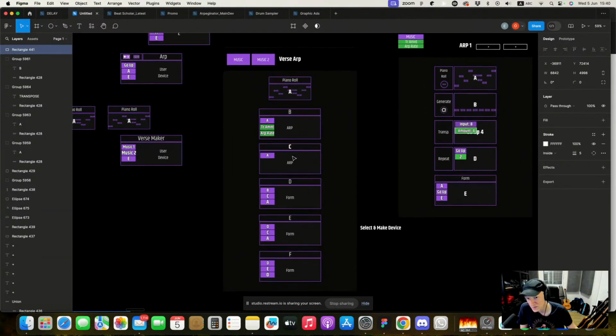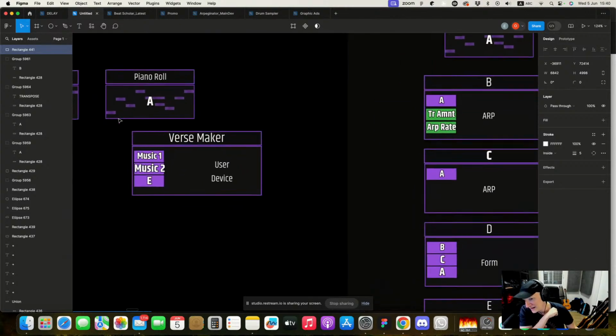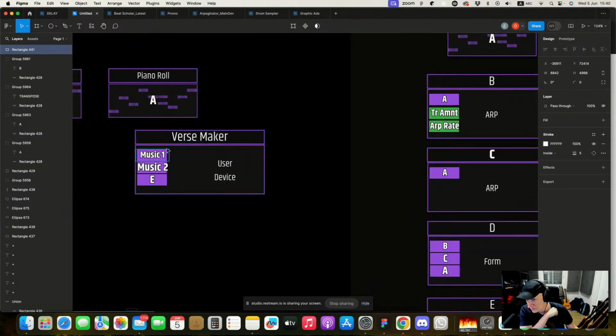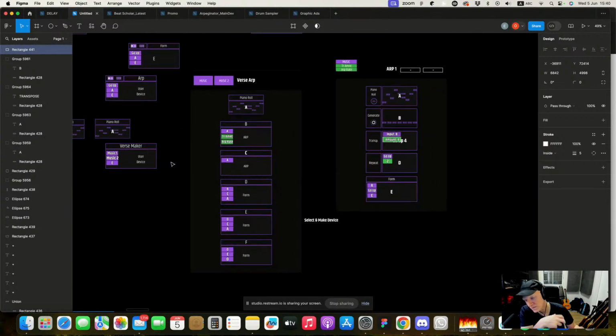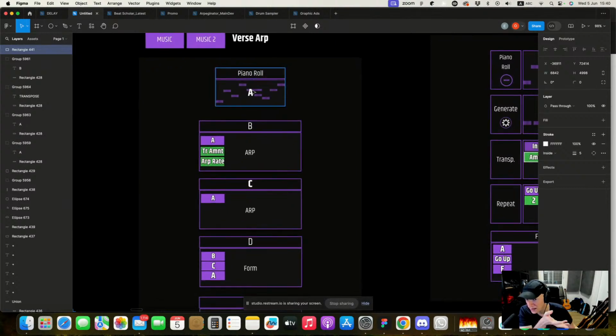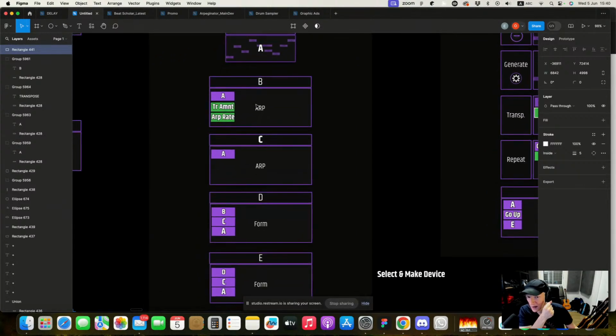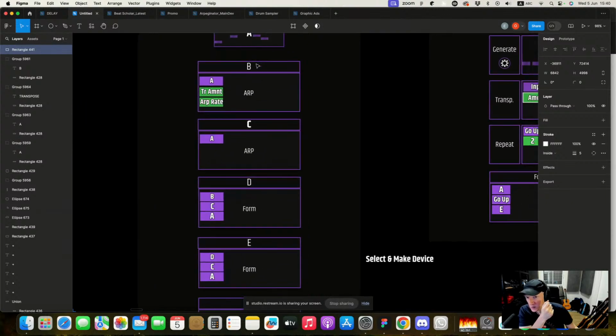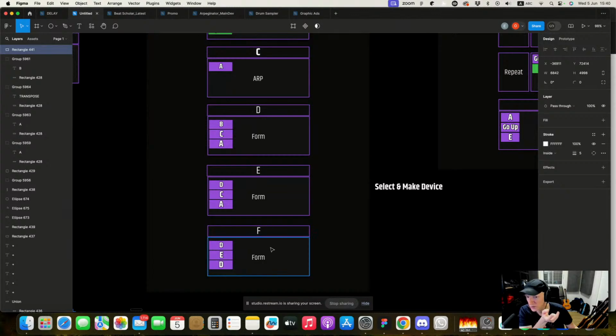like this one. Just to explain, probably some of you weren't here. We imagined that this device would create an arpeggiated pattern that you would use for the verse of your tune. In the product, it would be represented in a very compact way, but it would have a very interesting mechanism. You have a piano roll, which is a sequence of notes, or even a single note, and then 2 arpeggiators and then 3 form modules.